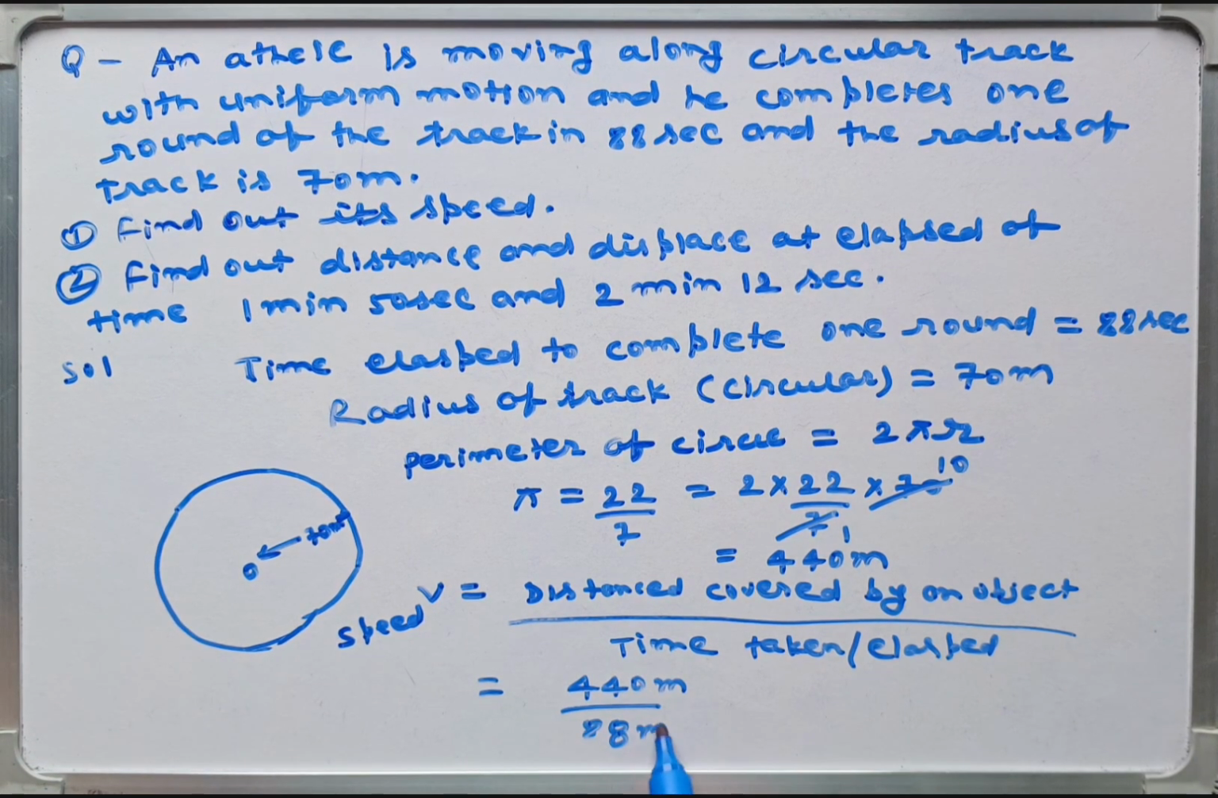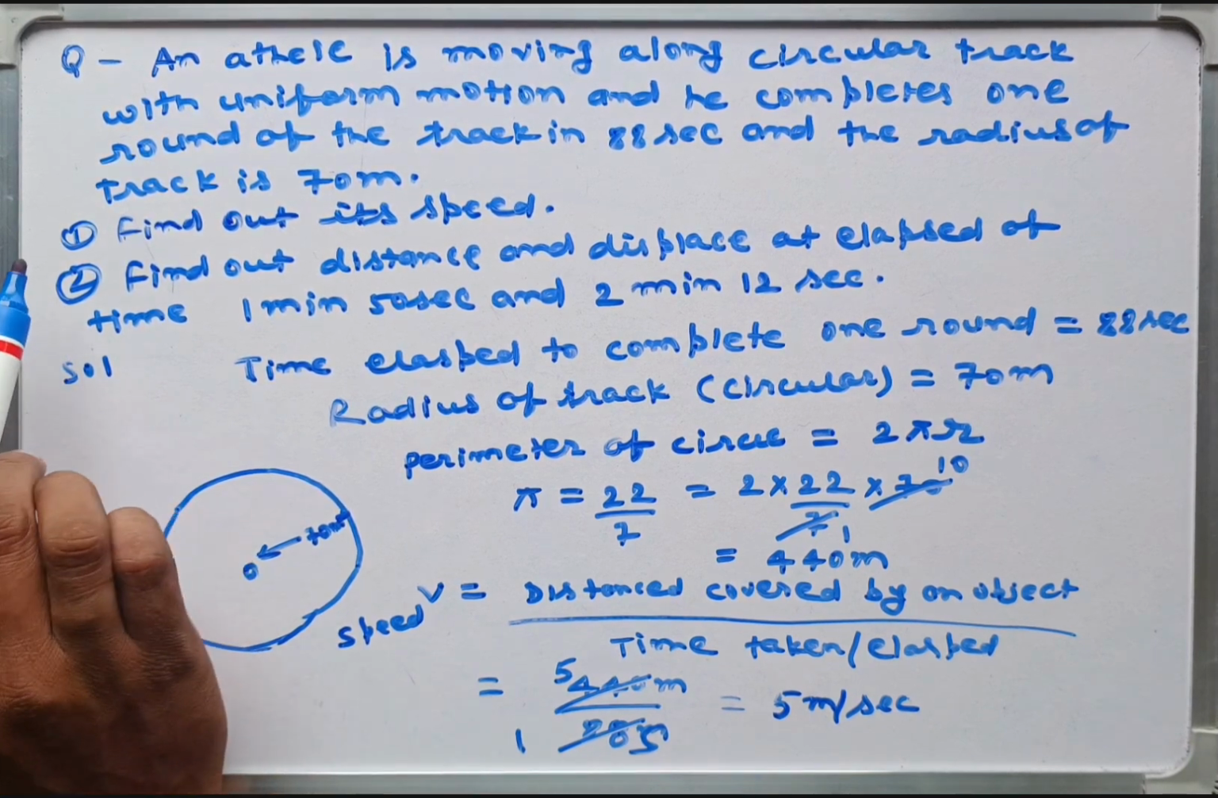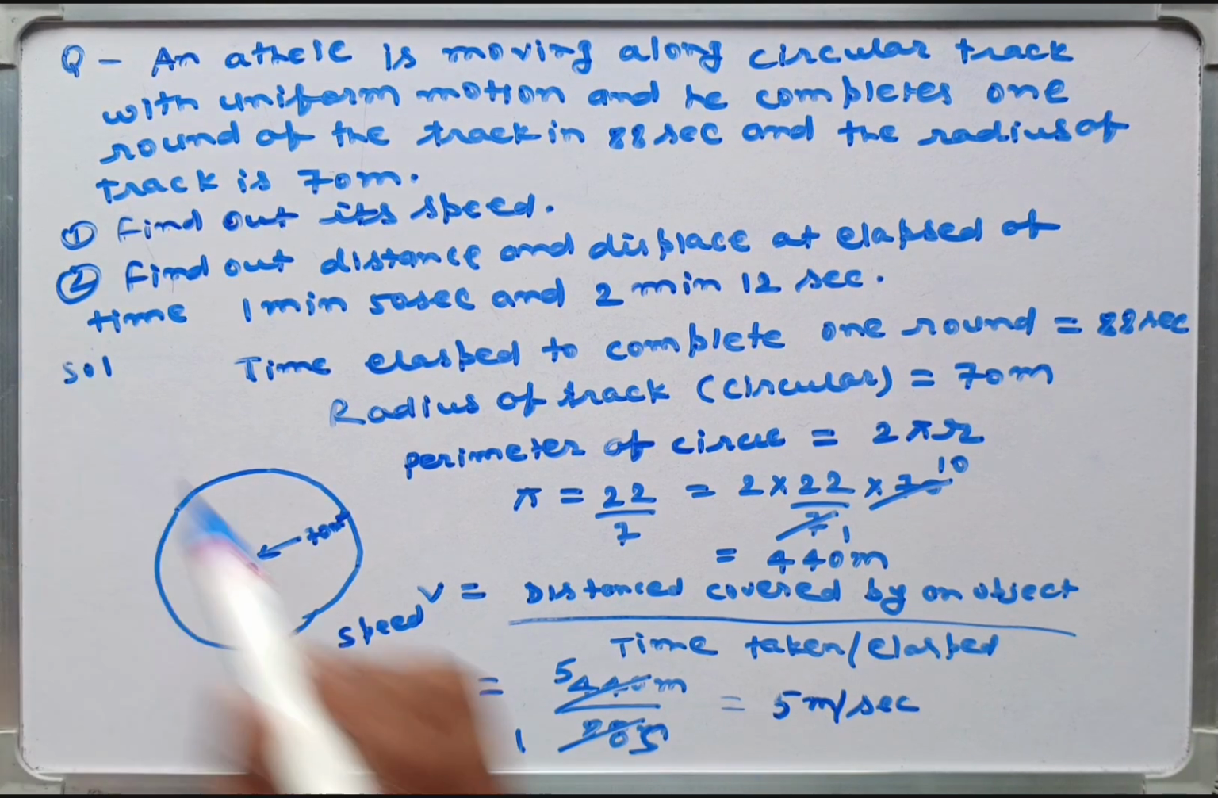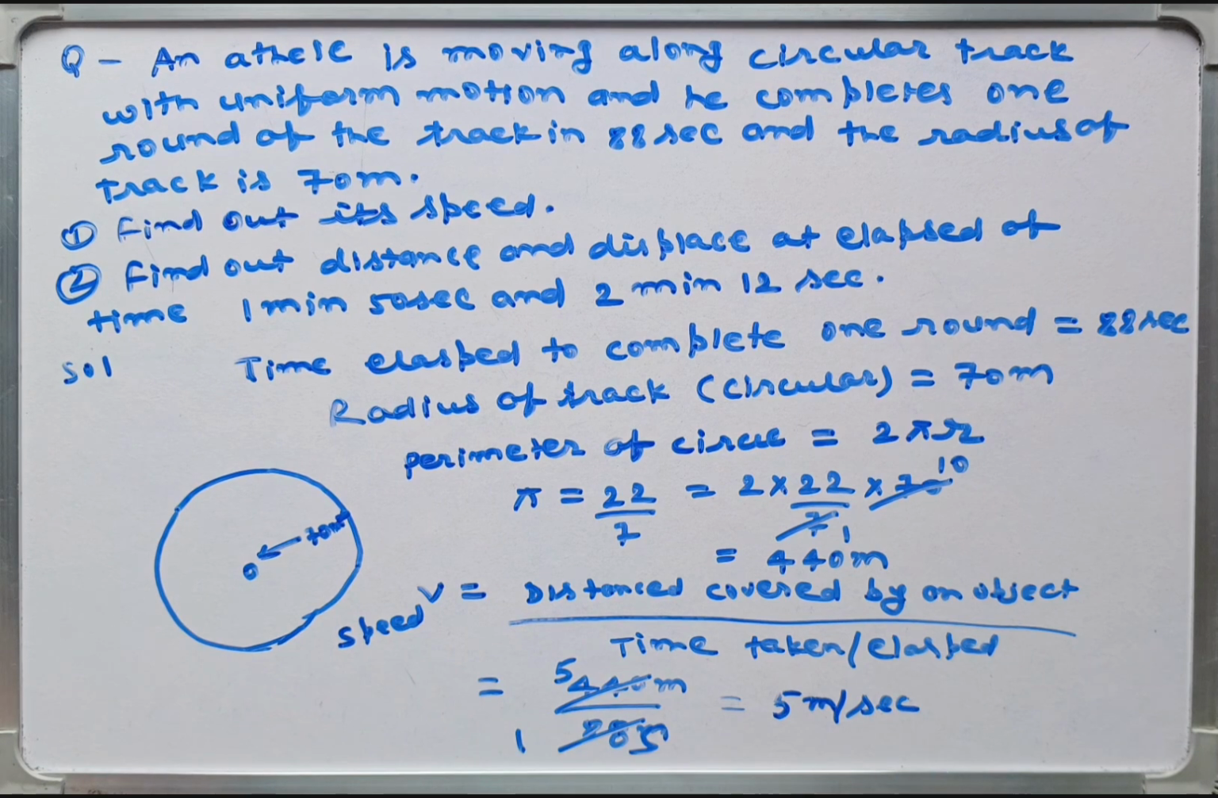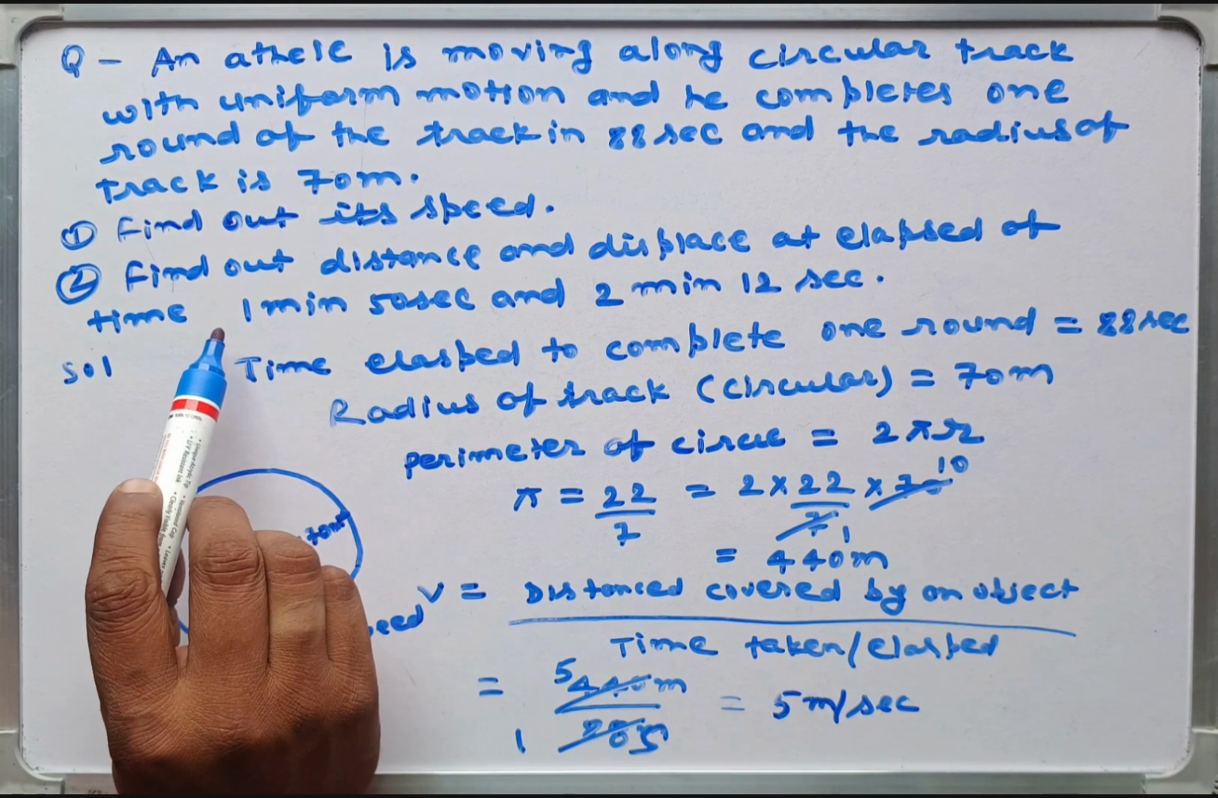You will get here, guys, this is 88, so this is 5. 88 by 440. Okay, so this is 5 meter per second. So now you can say, sir, speed of the athlete is 5 meter per second. Okay, now the second question is asking here,